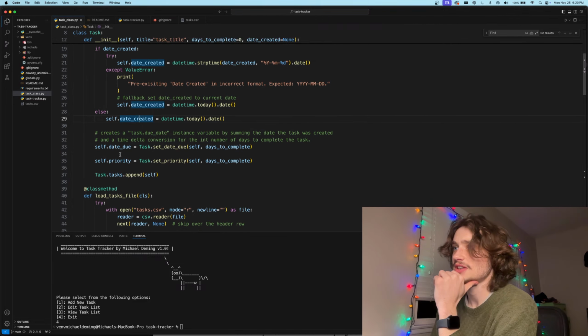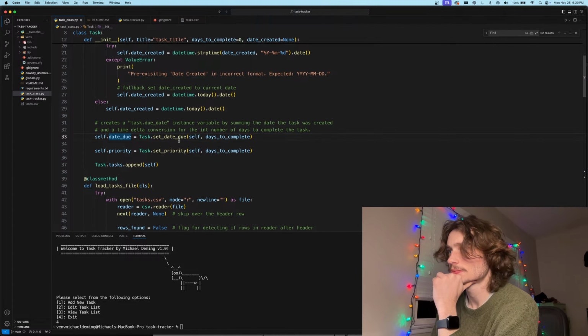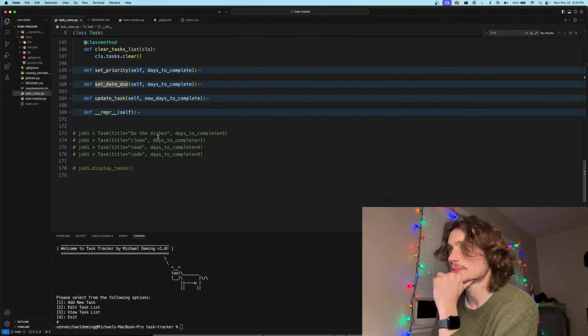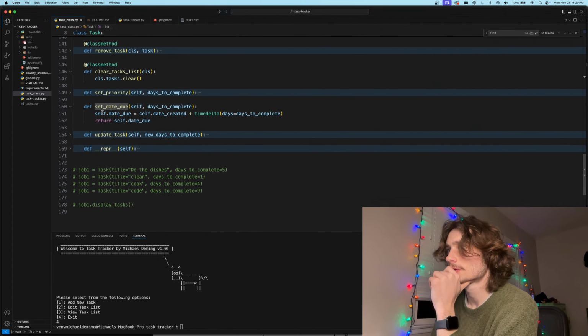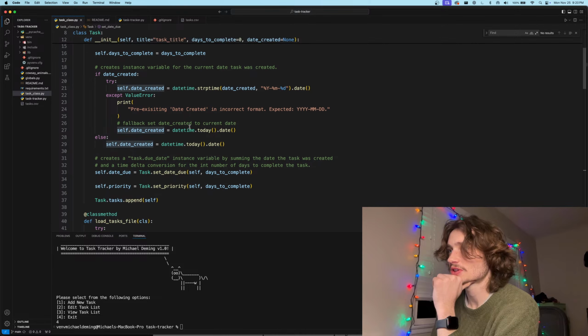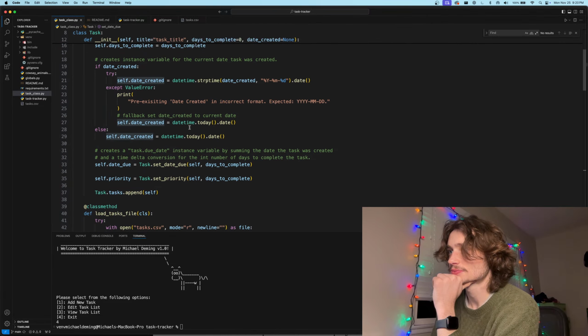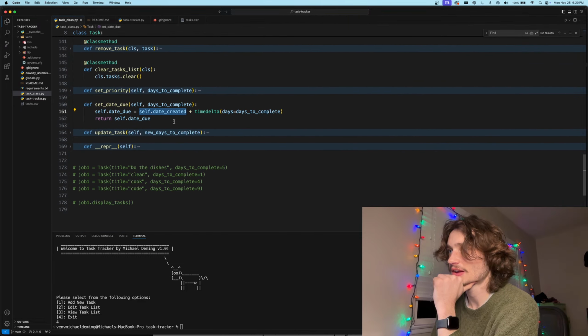So it's self.date due, set date due. So it takes my date created, right? This is where date created is happening again. So it's setting my date due off my date created. So that's where it's going wrong. It's setting date created off of the date due. I need to set date created off of